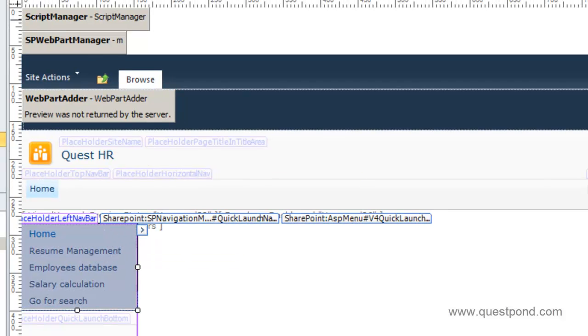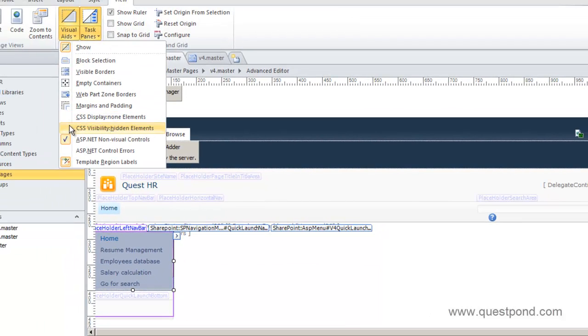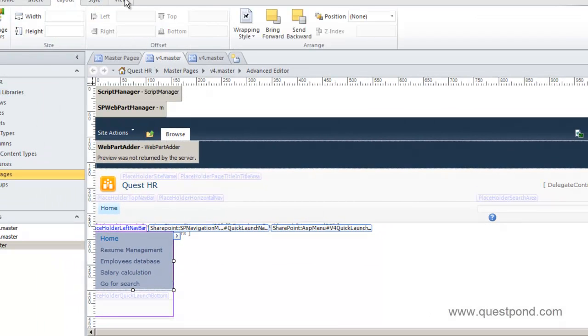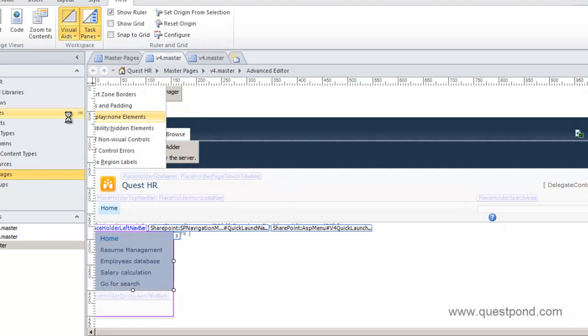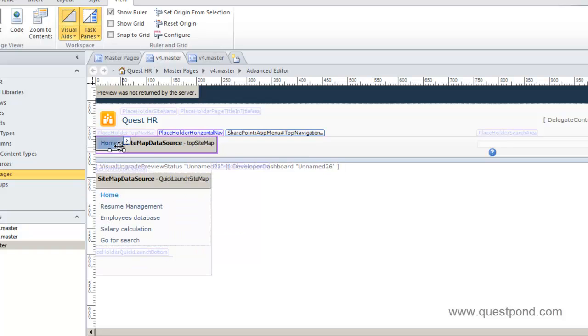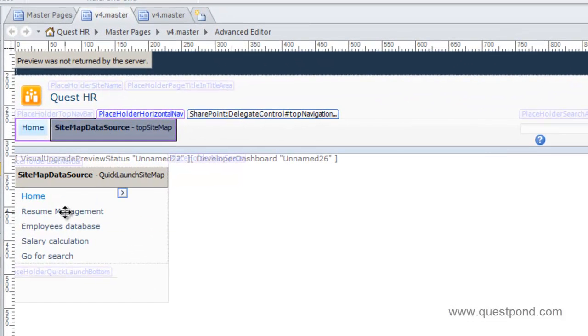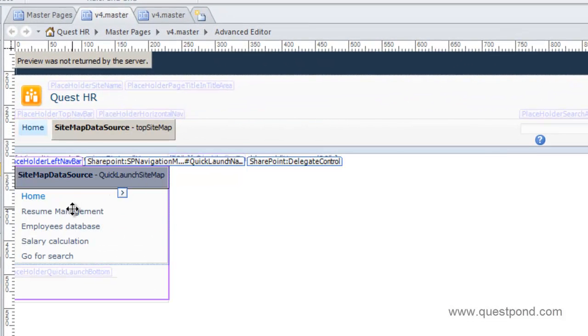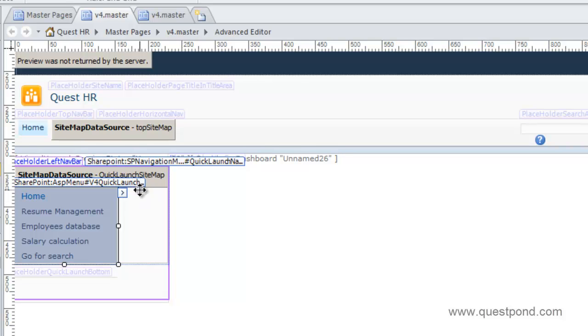So what I'll do is I'll go to my view first, and I will just enable all my displays over here. So I'm going to go and say all my displays. So you can see that now I also see the sitemap here. For example, this left menu uses this quick launch sitemap. This top menu actually uses the top sitemap. So now we can also see the sitemaps, so that we don't go and delete any sitemap unnecessarily,